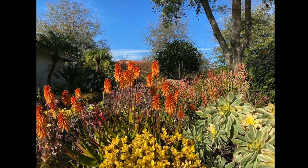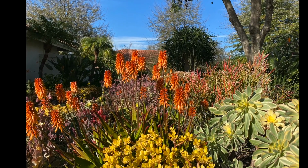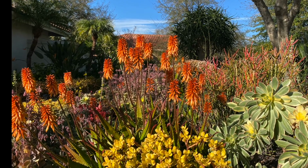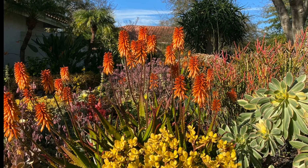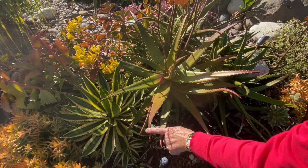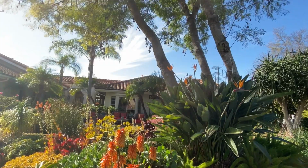Aloe cameronii is the one with the orange flowers. It's called a red starfish aloe. If it didn't get as much water, if it was really stressed and had full sun, you wouldn't see any green. See, this deep red, the whole leaf would be a deep red, but it gets partial shade from the